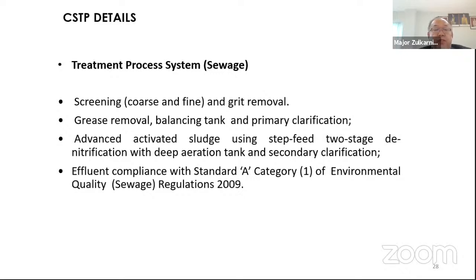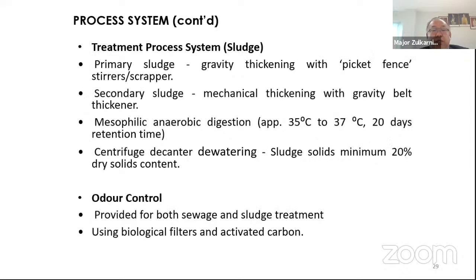In the CSTP process, we have screening and comminutor, fine screen, grit removal, grease removal, balancing tank and primary clarification, advanced activated sludge using step-feed two-stage denitrification with deep aeration and secondary clarification, with effluent compliant to Standard A category 1. And then we have primary sludge from the primary tank going to the gravity thickener, secondary sludge goes